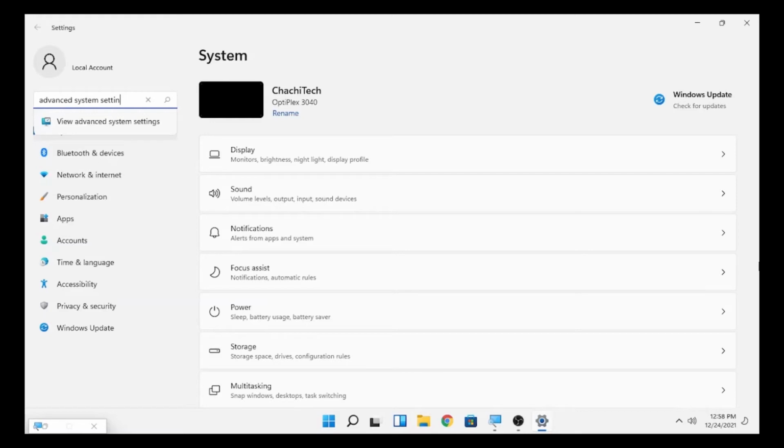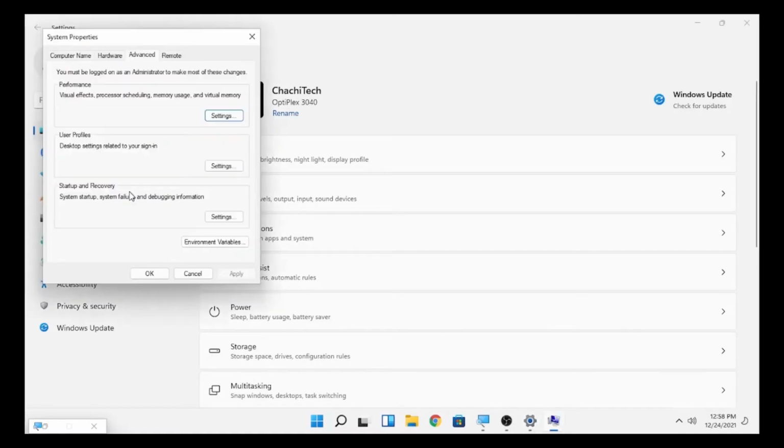So as you can see here, view advanced system setting. So we will open this advanced system setting. Then as you can see here, startup and recovery is available. So under the startup and recovery, we will open setting.